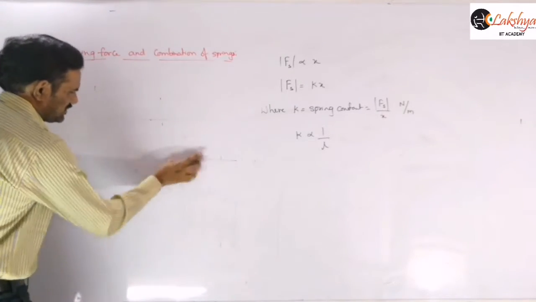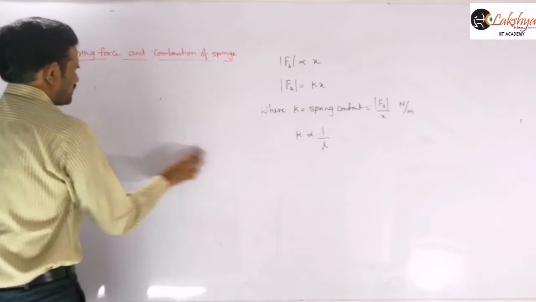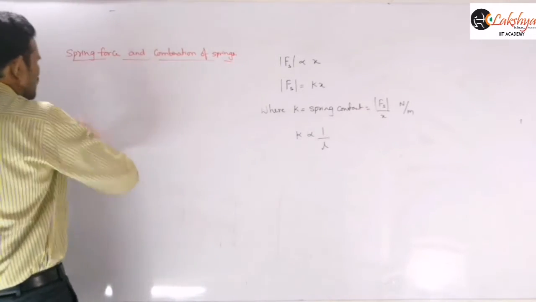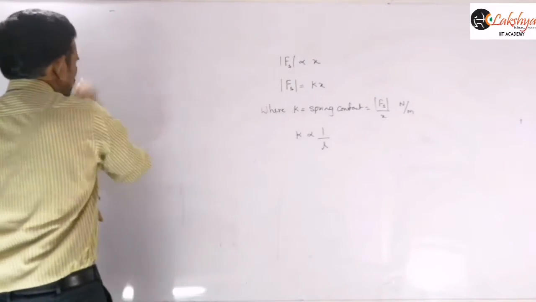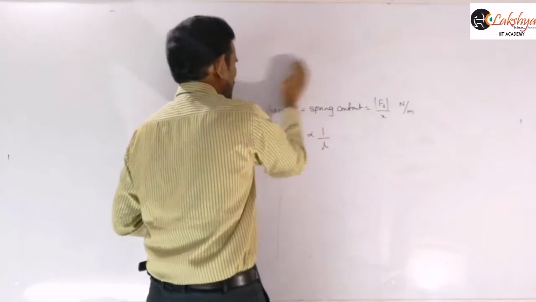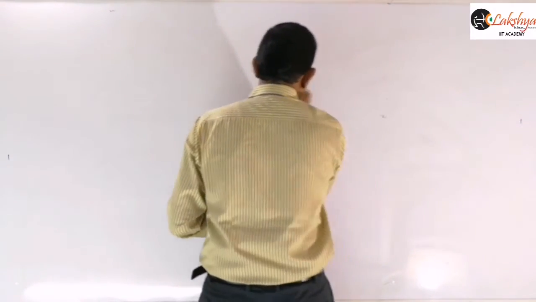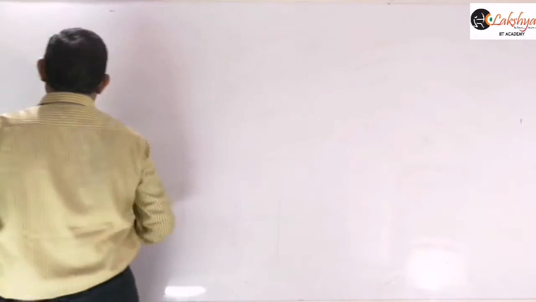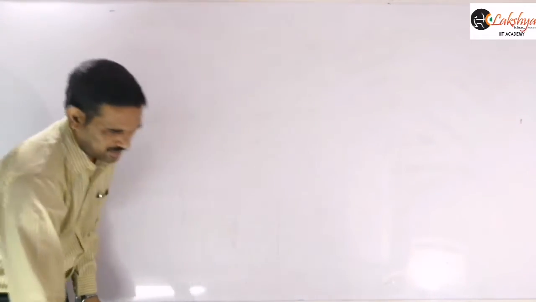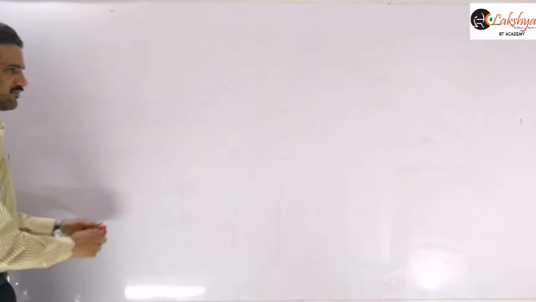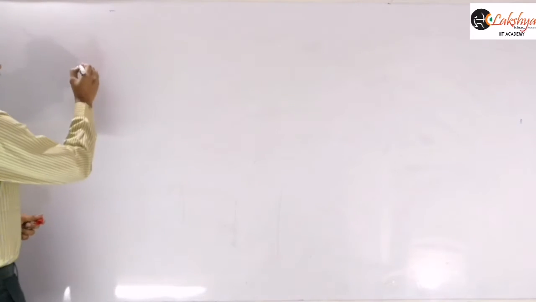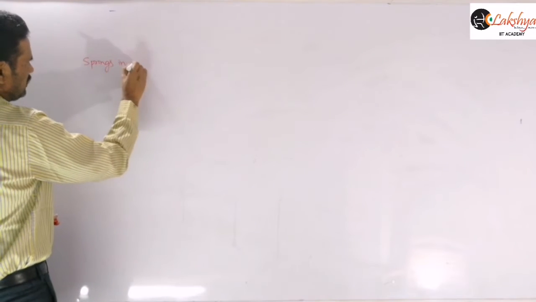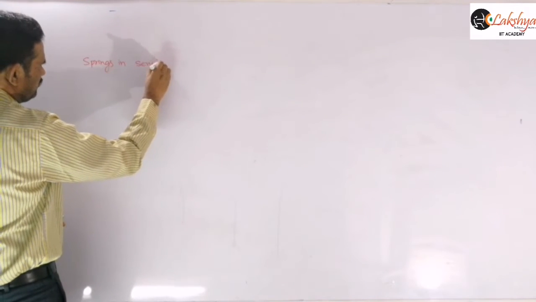Next, here I will introduce the combination of the springs: springs in series and springs in parallel. Actually, based on that there are no problems here. Majorly we discuss spring problems in the topic work, power, energy and in SHM. Here just mention springs in parallel and springs in series. We will derive an expression for the effective spring constant. So this is springs in series.